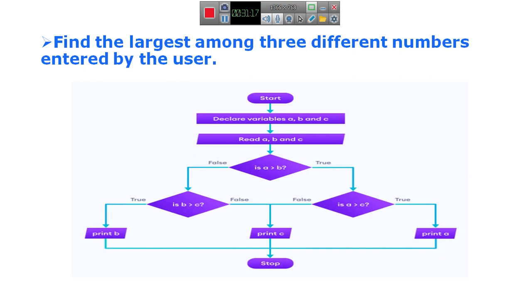Here the first step is start. We already know an algorithm or a flowchart always begins with start and ends with stop.